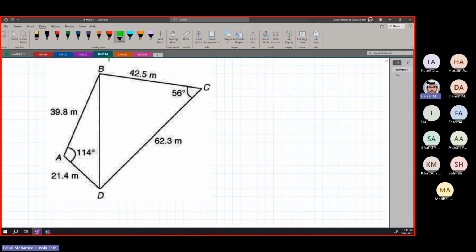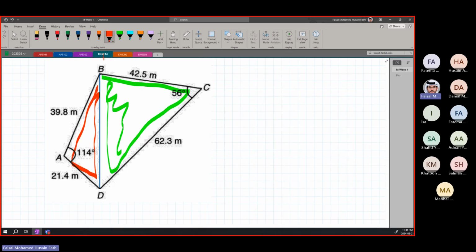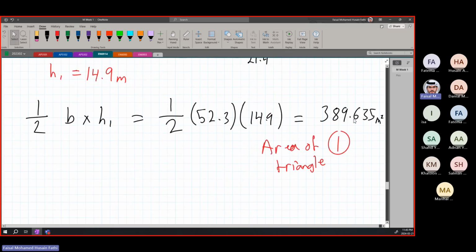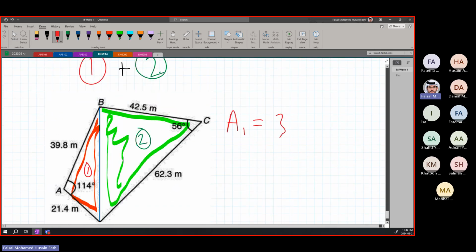Actually, let's say this is our second triangle here, and this is our first triangle here. We're just adding them to find the total area. So this was 1 and this was 2. Area 1, if we look back up here, was 389.635. Area 2 is equal to